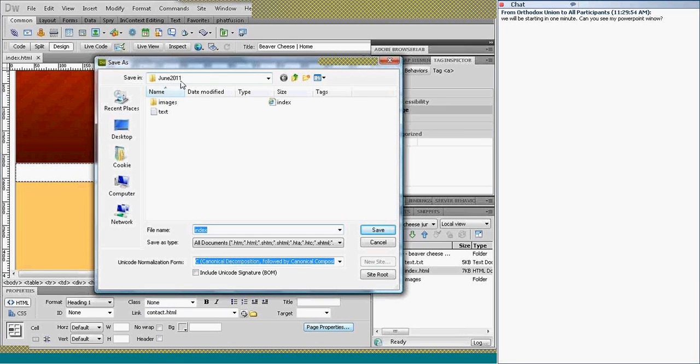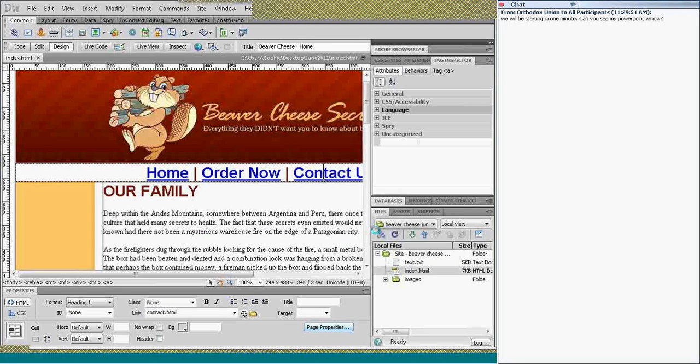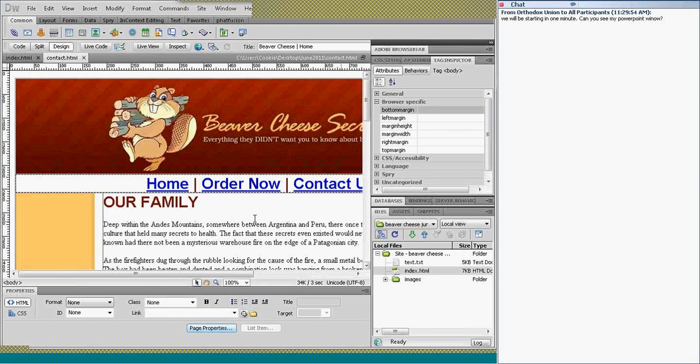Always check that I'm in the right folder. It says Index right now, Control-V. I'm just typing over it. Press Save. And what I just did was I created a second page using all the styles that we set